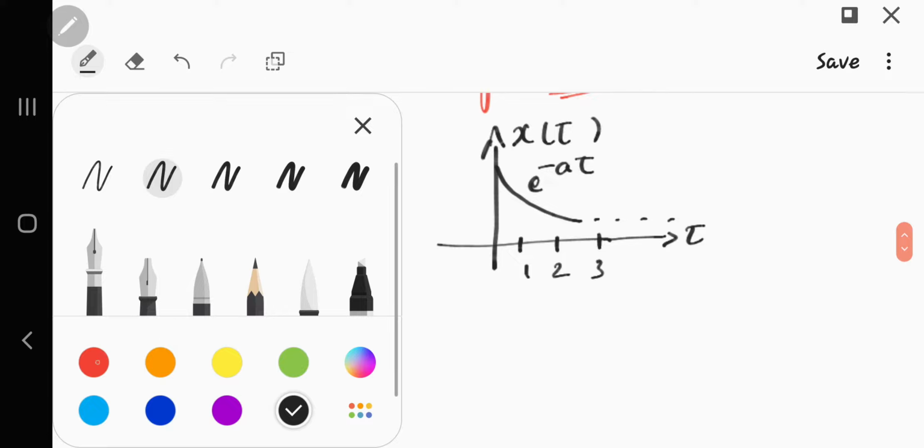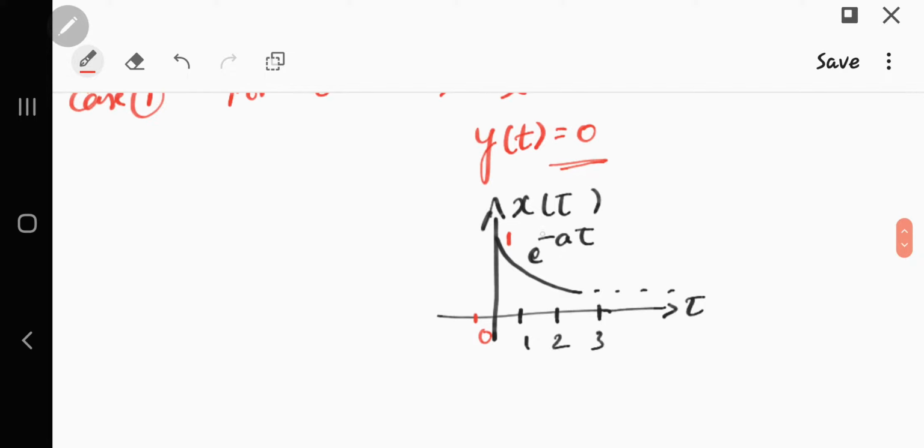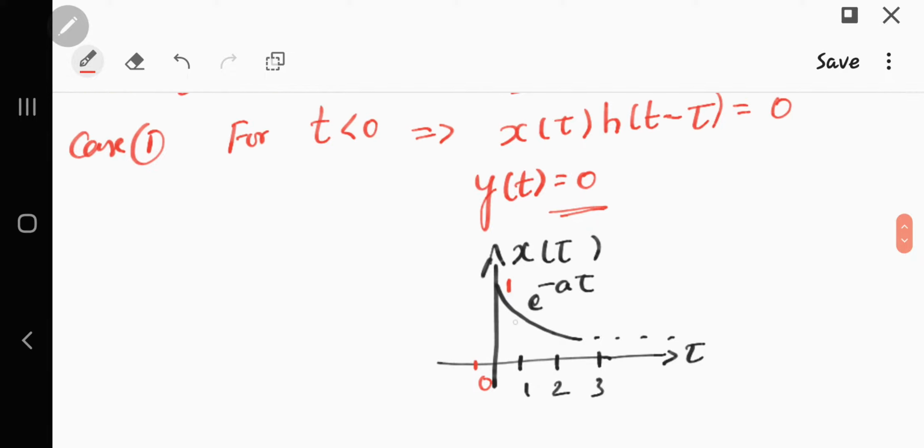Okay. So this is having amplitude 1. Now in the previous case, I have kept t here less than 0. Now what if I keep t somewhere here, that is between 0 and 1,